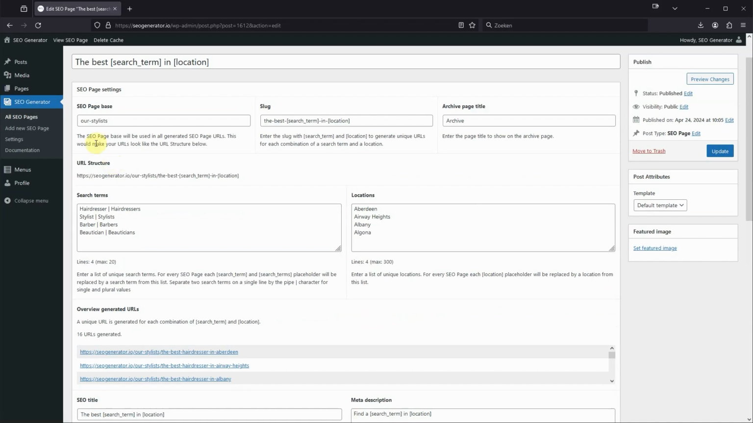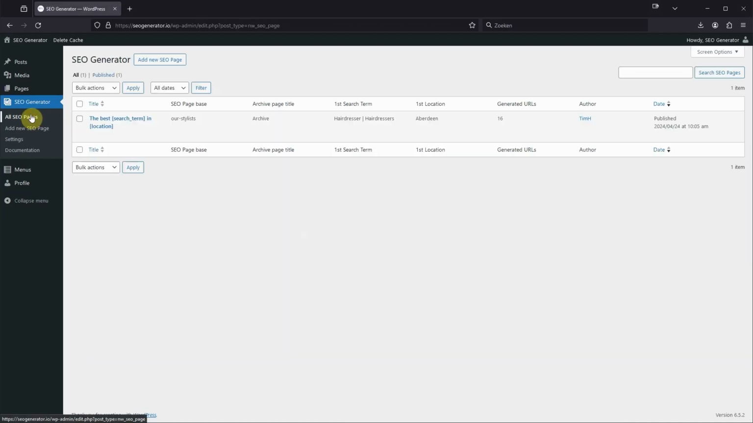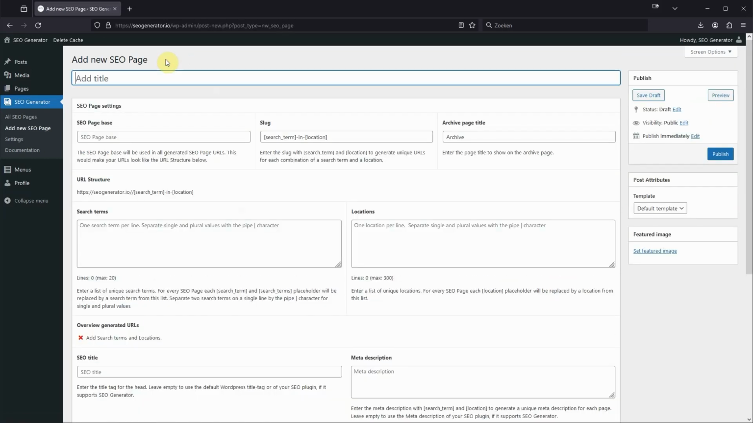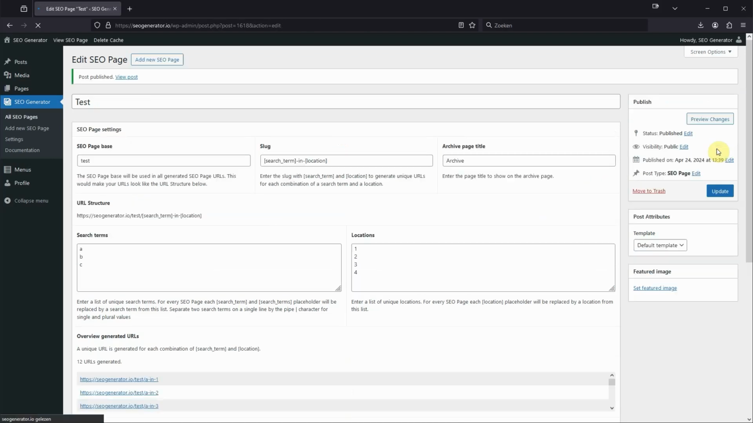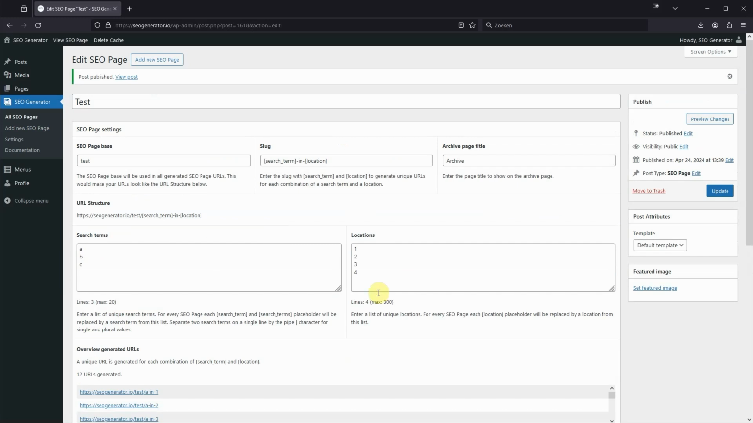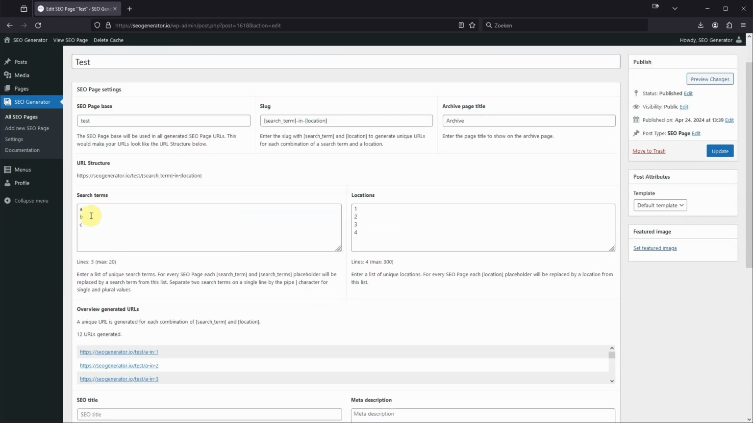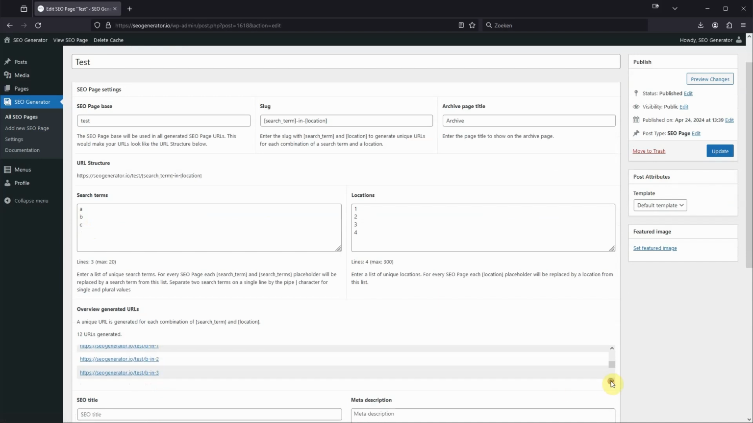If you want, you can add as many SEO pages as you want. So let's add another. Let's set our title, our SEO page base. The slug is already pre-filled with a default value, which you can override anytime to anything you want. And let's add some dummy search terms and locations. When we publish the page, we see we have 3 times 4 is 12 URLs generated. A in 1, A in 2, A in 3, and so on. B,